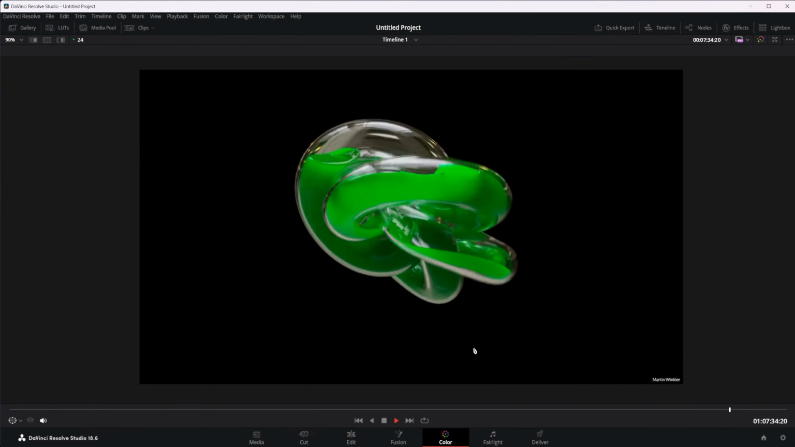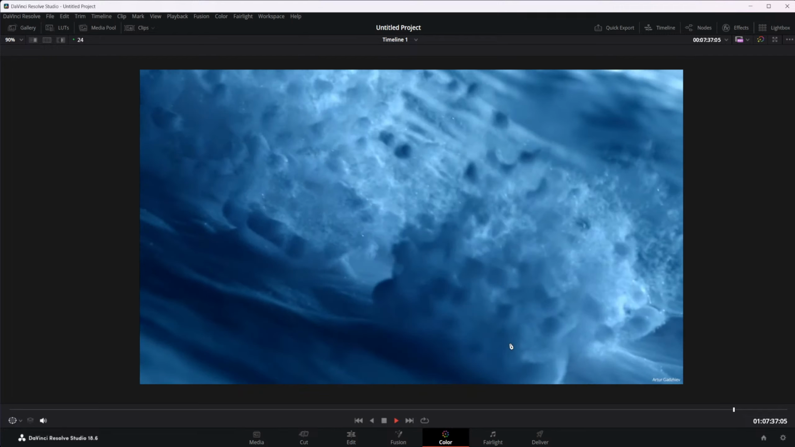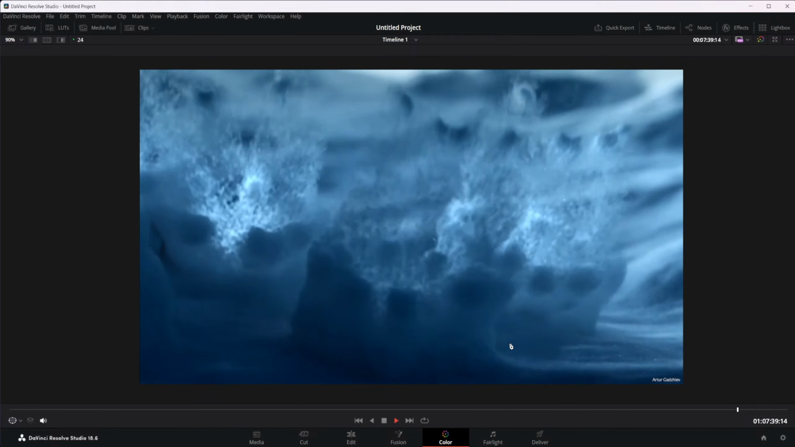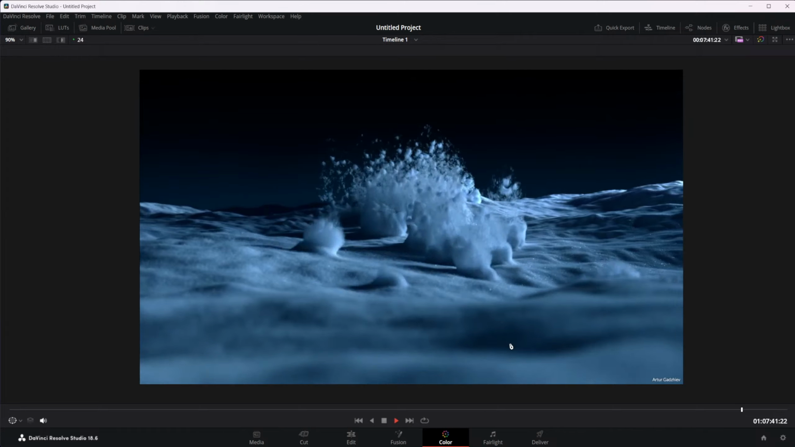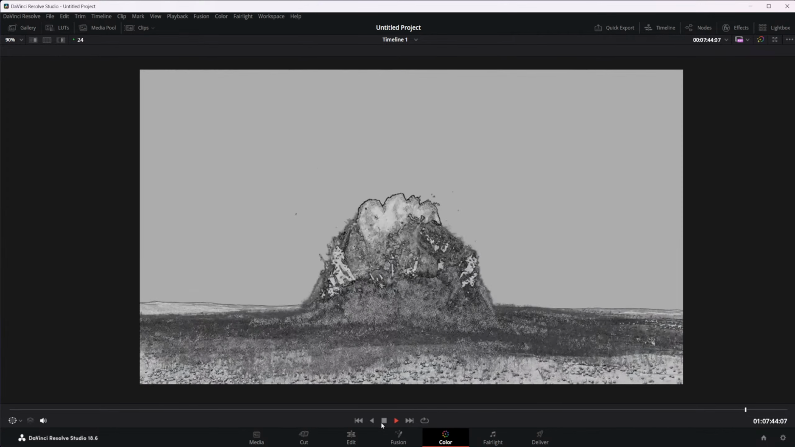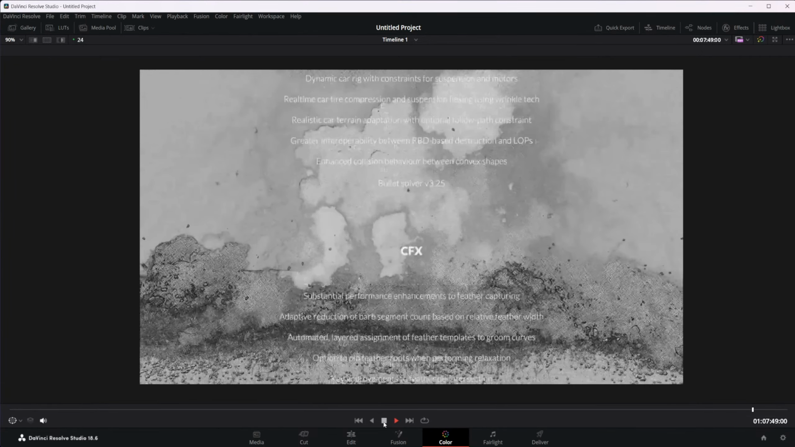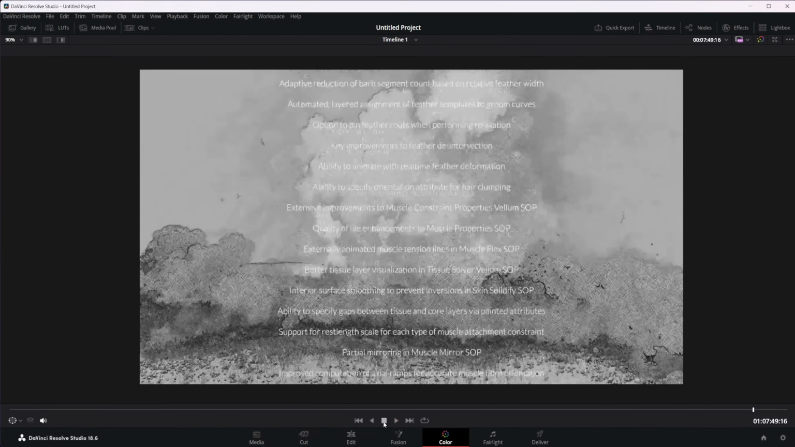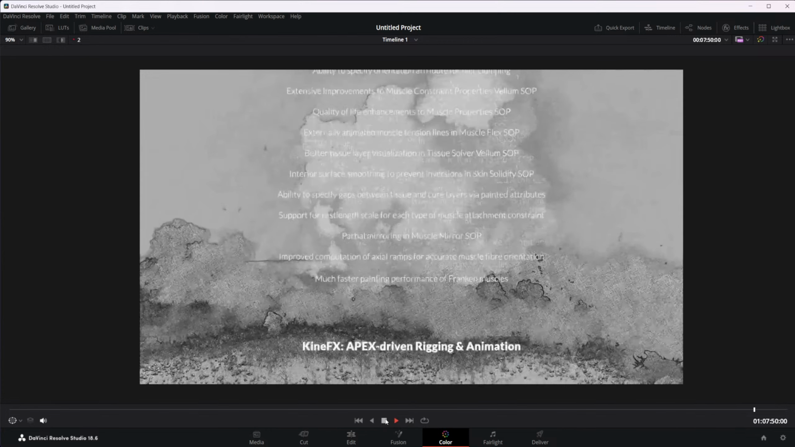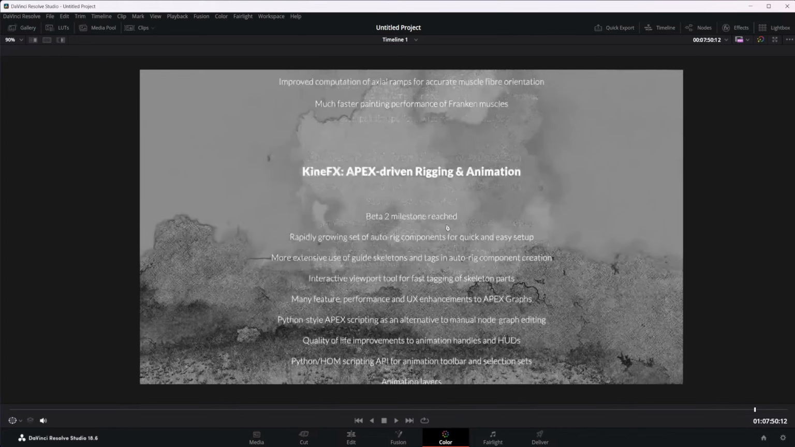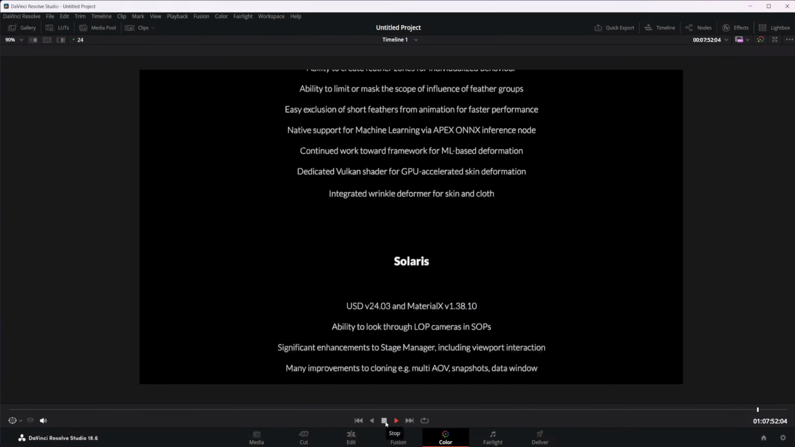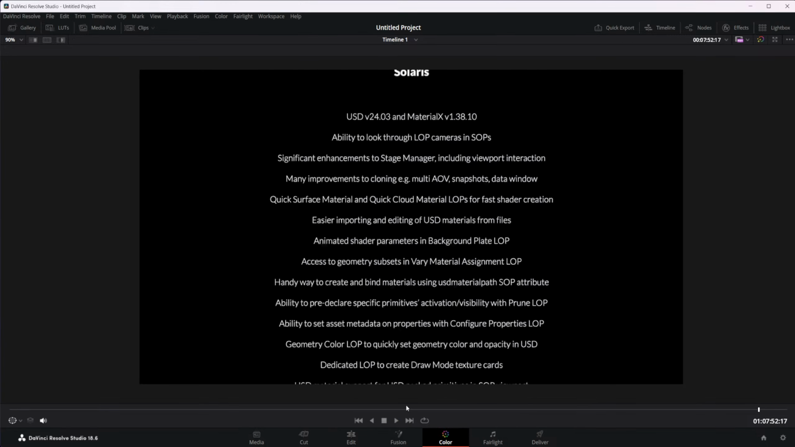Then we get some more simulation stuff. Pretty cool. It's all probably with that new solver. Hopefully it's pretty quick. It looks like it's not terrible. This is the NPR rendering, and then we start to get into some of the new stuff that they have. Okay, so I'm going to skip past some of this. KineFX and rigging stuff. Not going to look at Solaris. We will take a look at. All right, so USD